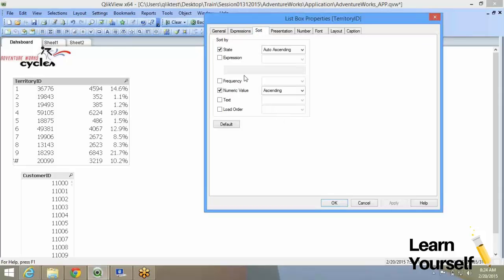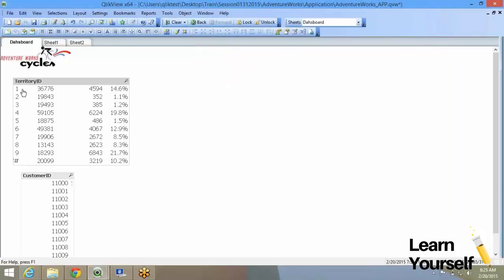The sorting is basically how you want this to be sorted. Sorting is also similar for all the objects, so wherever there is an option available for sorting, it is the same logic. First is the state. Now, state is nothing but, so if I select 5, right? Let's see this. If I select 5,